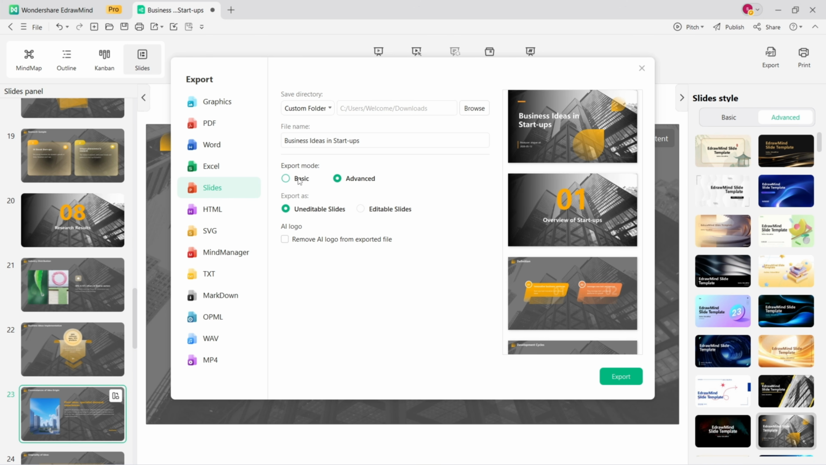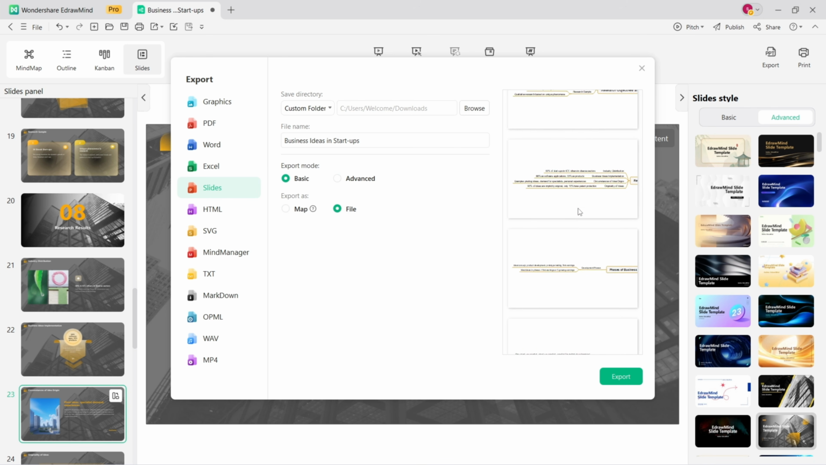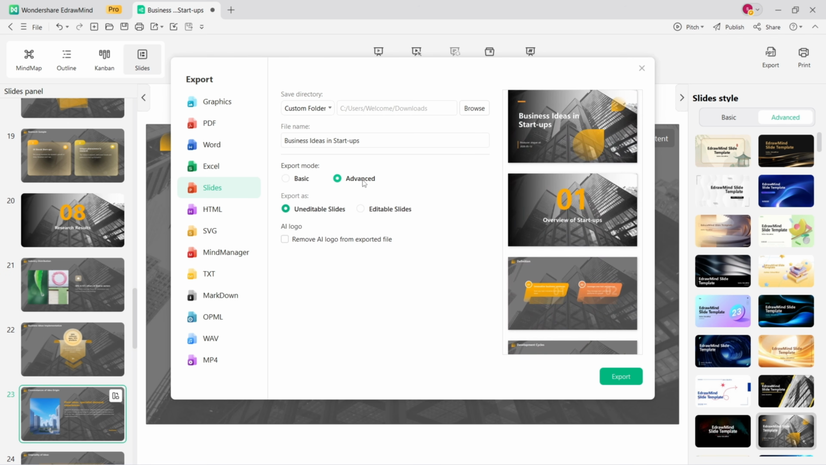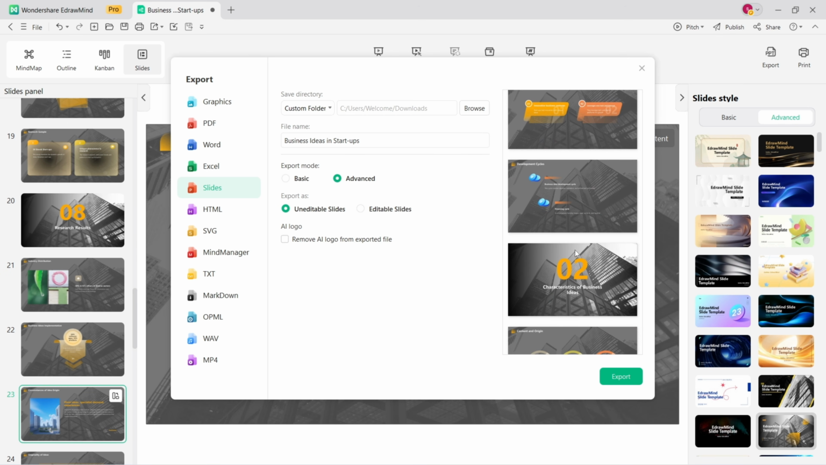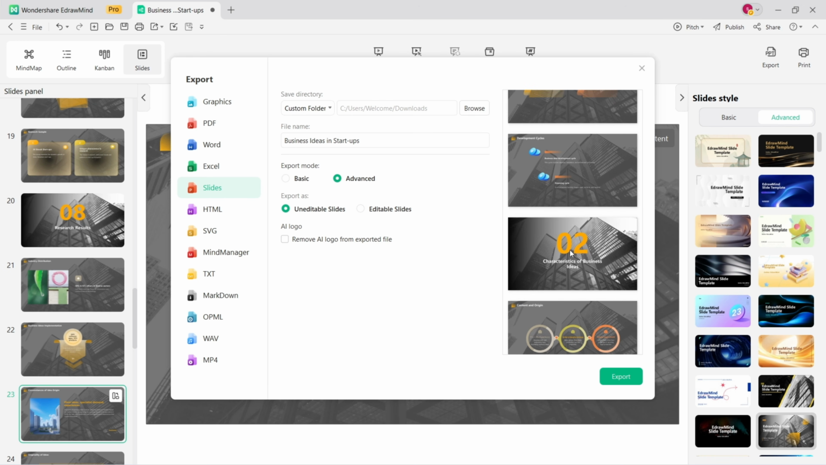So once your presentation is fully ready, you can go to the Export option and download it to your computer. It supports exporting in multiple different formats. For example, we can export it as a PPT presentation. First, we select the custom folder location, then give the file a name, and if you want, you can either